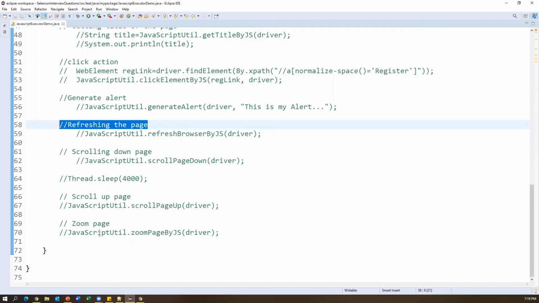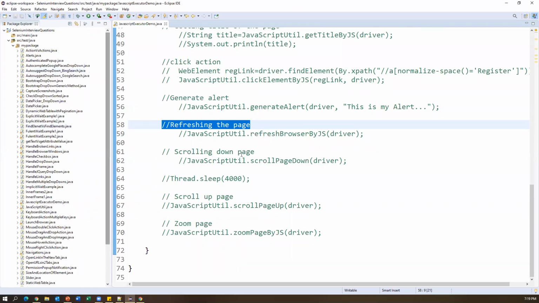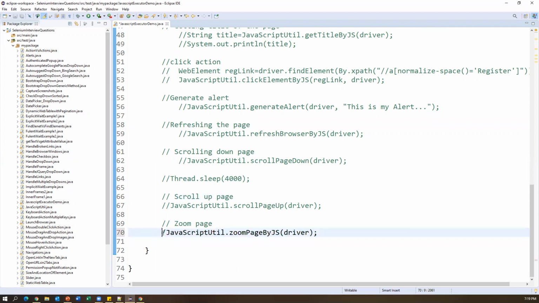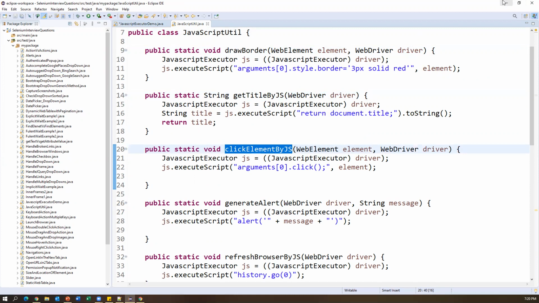We can also zoom out and zoom in the page by using JavaScript executor. Normally in the projects, we will have a utility file like this, and inside the utility file, we will have user defined methods. Whenever you want to perform the actions, we just call these reusable methods and they will perform the actions. All right, so this is how we need to use JavaScript executor in Selenium WebDriver.